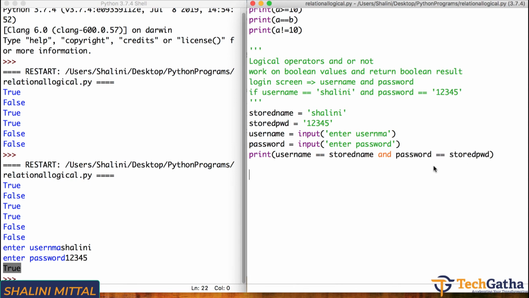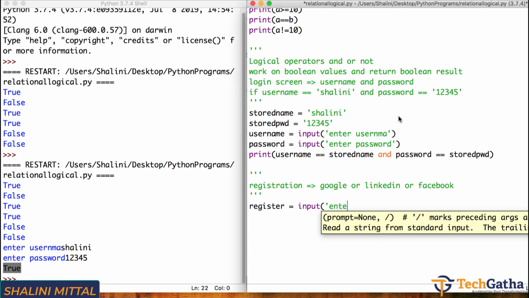Now another example. For registration, you are given an option. You can register either via Google or LinkedIn or Facebook, correct? So I will ask the user: register is equal to input, enter, choose Google or LinkedIn or Facebook.